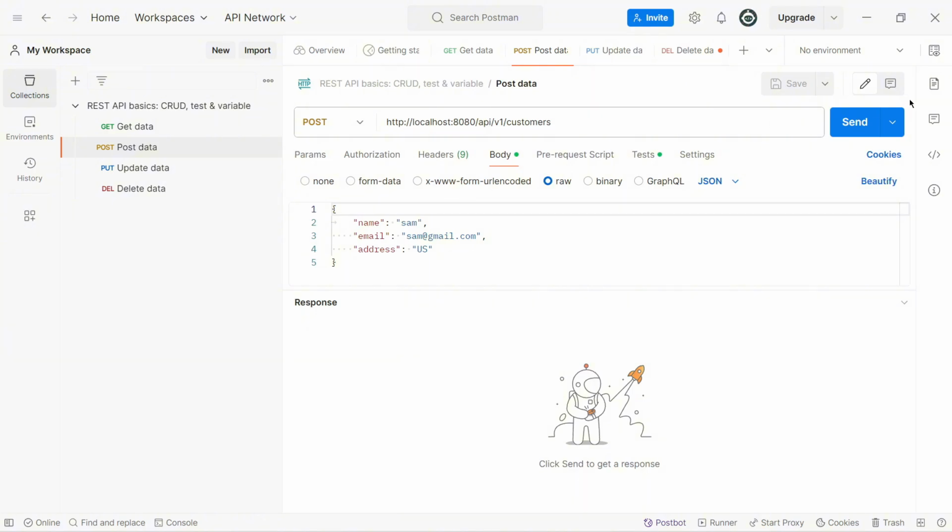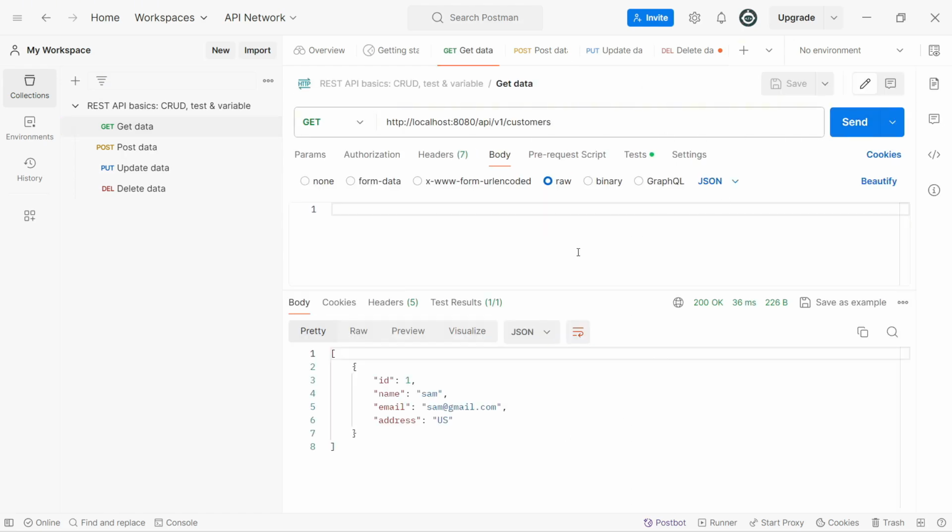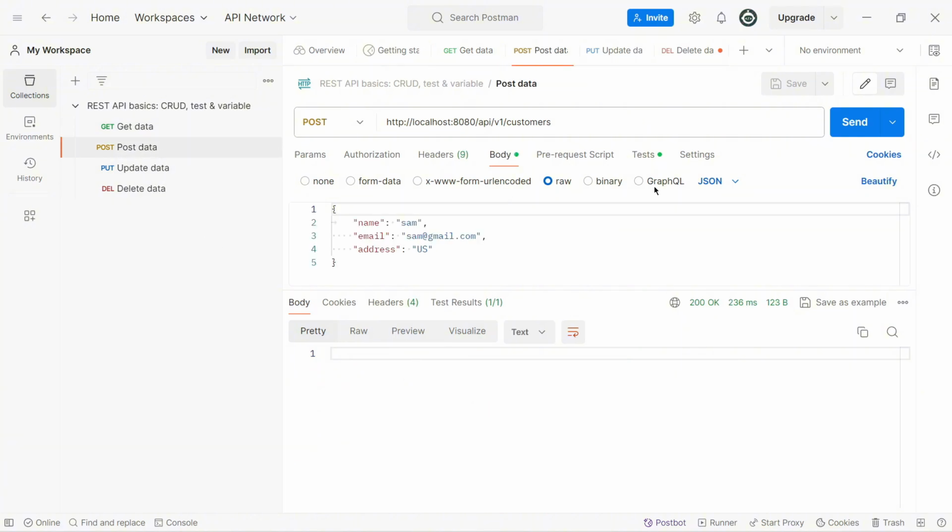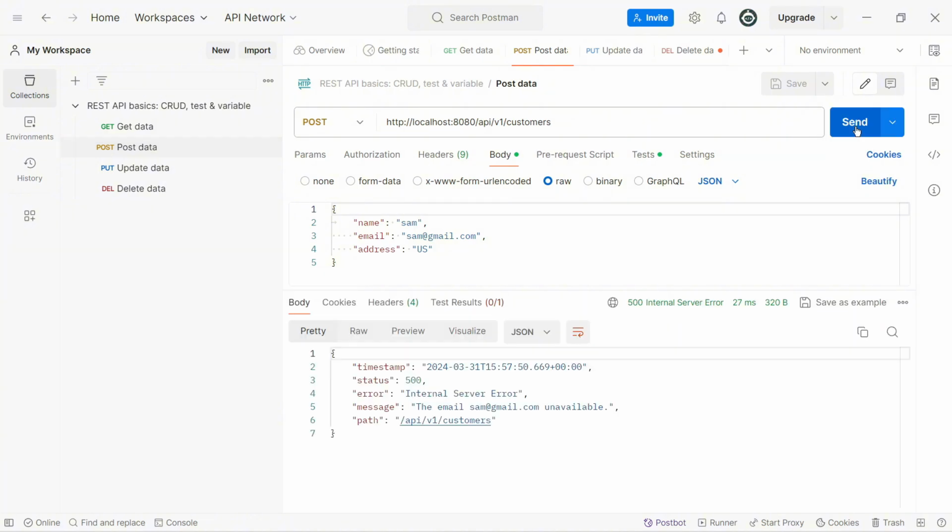In Postman, let's create a new customer and get it back. This time, we have one customer with email sam@gmail.com. If we try to create another customer with the same email, let's see what happens. You can see here we have the error object with the message the email sam@gmail.com is unavailable.